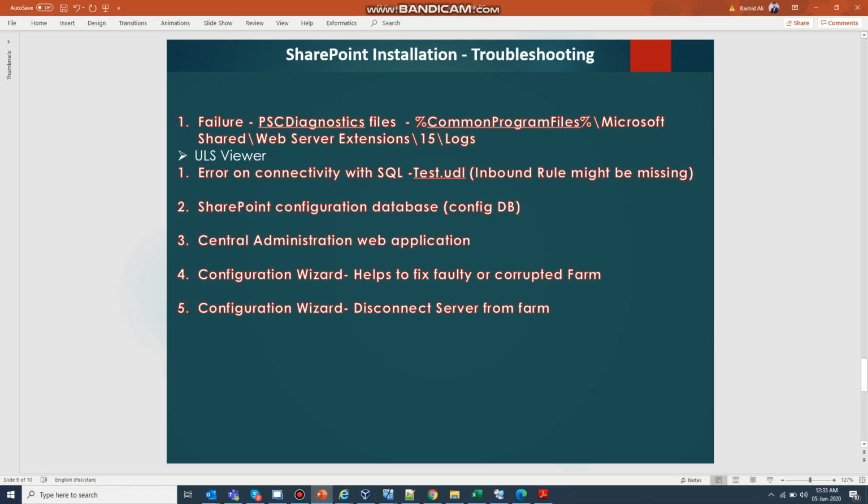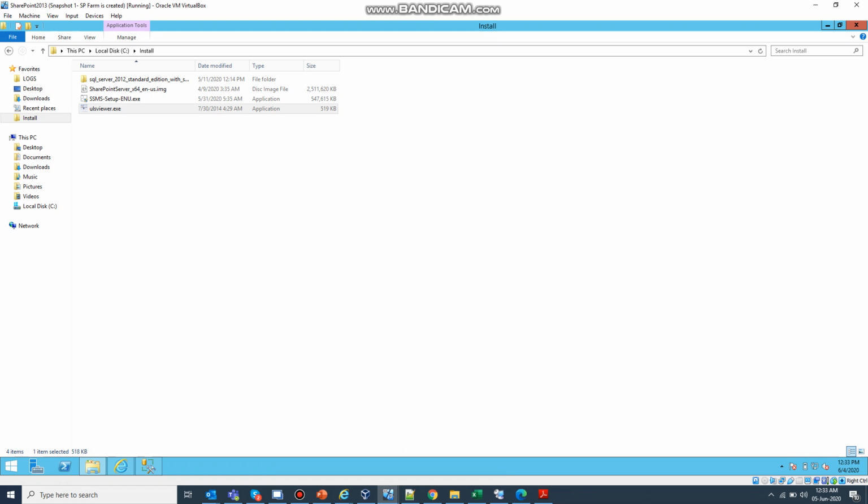ULS Viewer is a utility we can download from the Microsoft site, and it can help us to easily view the logs. Let me log in on the server.